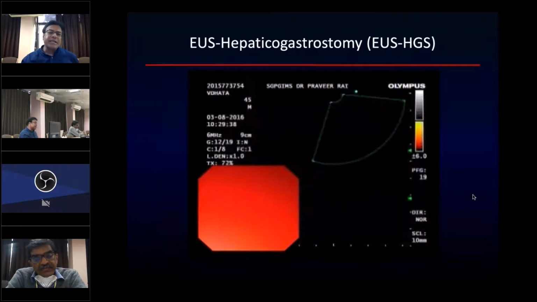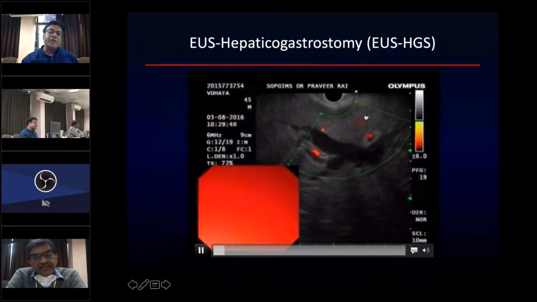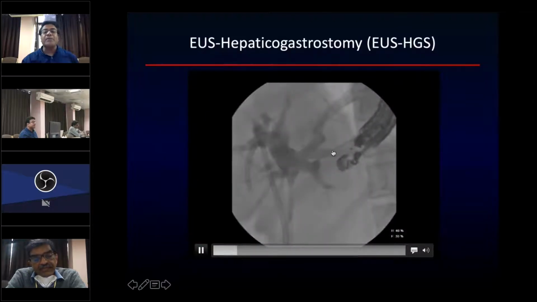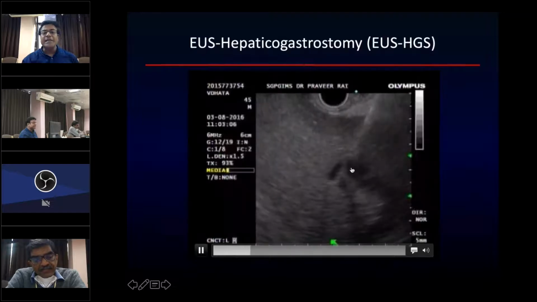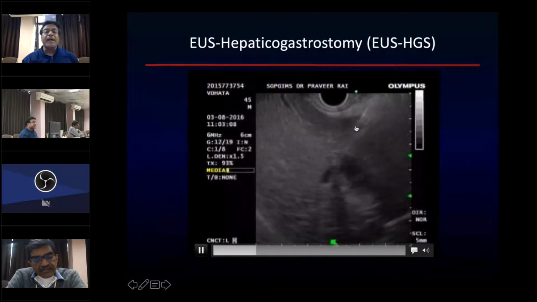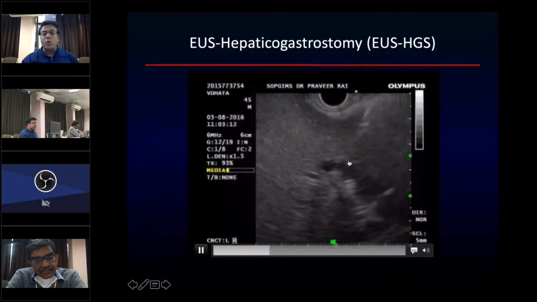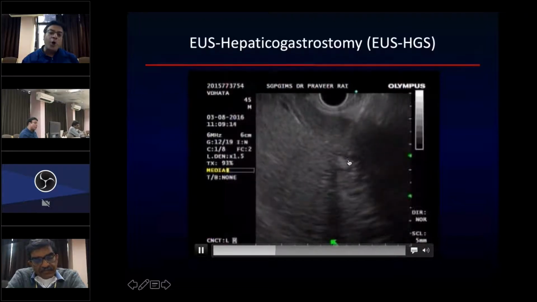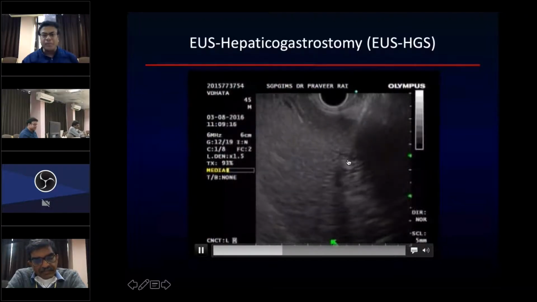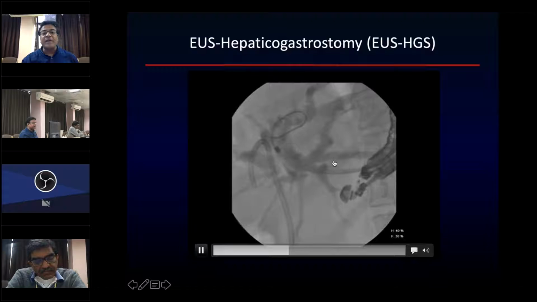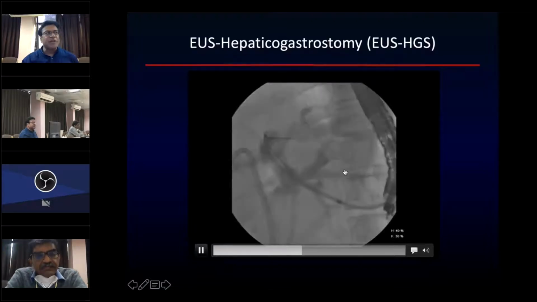So again, coming to the technique, we first position our scope just below the junction. This is a dilated bile duct, punctured with a 19 gauge FNA needle, inject contrast, delineate the biliary system, and then pass a guide wire. This guide wire usually crosses the hilum, goes either in the bile duct or in the right ductal system. After we have passed the wire, we dilate this with a 6 French cystotome, and after dilatation of the tract,